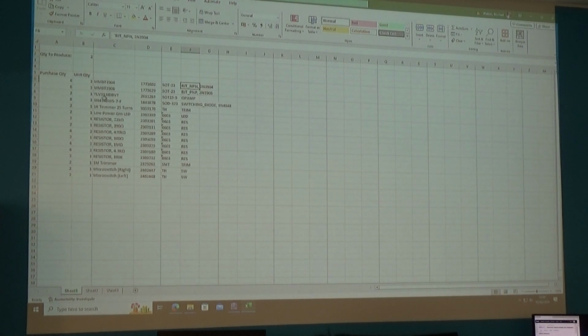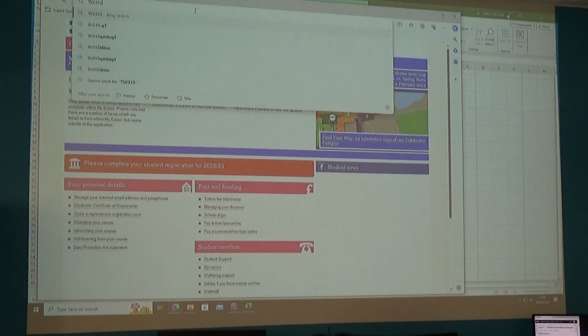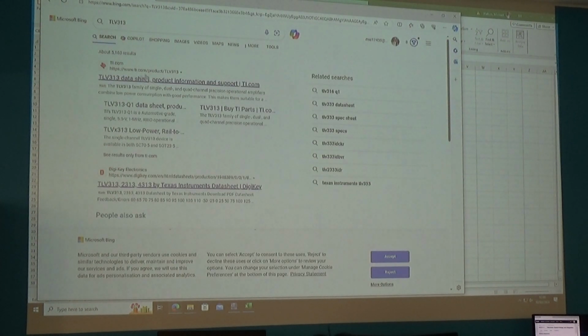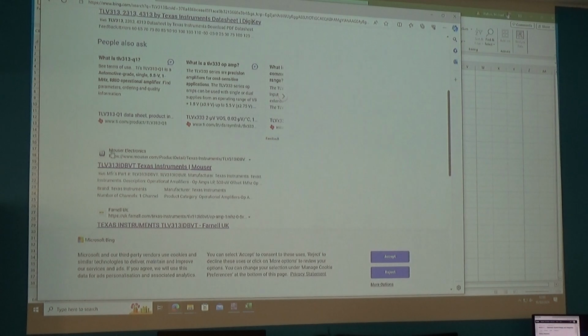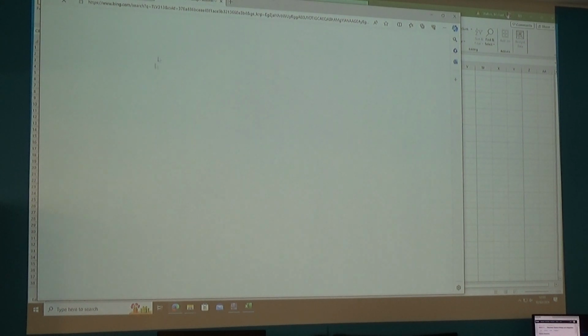Let's take this, for example. We have here an op-amp, a TLB313. What I would typically do is pop up an Internet Explorer and search for that TLB313, and I can see it comes from Texas Instruments, yeah? But they're probably not going to sell it to me directly. However, someone like Mouser or Farnell or DigiKey, they are. So if I go and look at one of these electronic component stockists, and we have a look at this particular component,